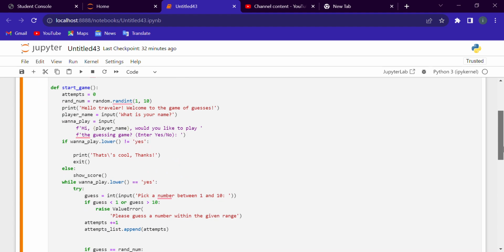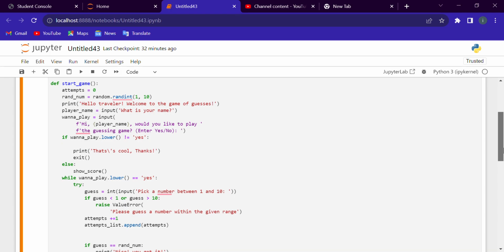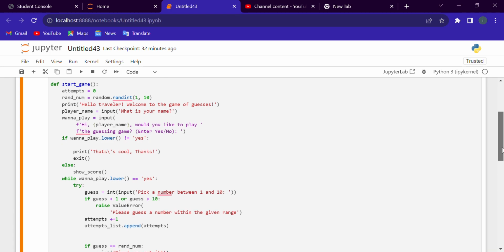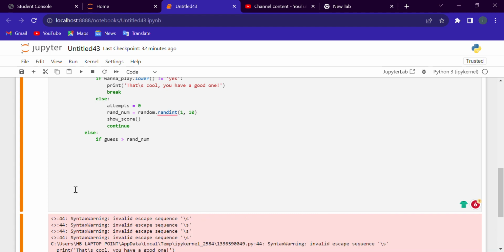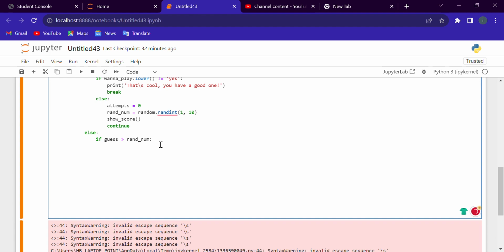For example, we provided the guessing numbers which are 1 and 10, and if the player enters any guess number greater than the random number, then it will print